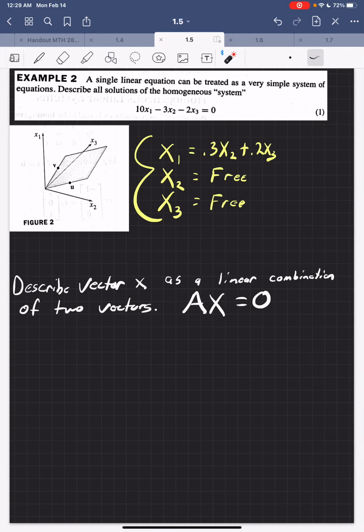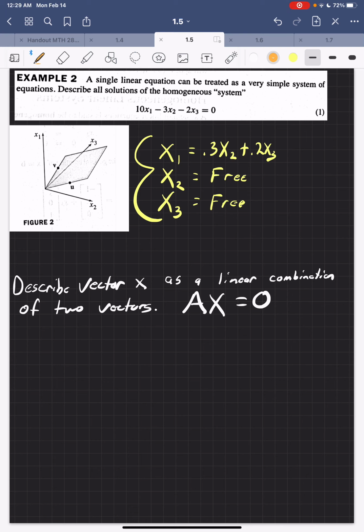So we last left off at the previous video. We had just written the general form of the solution for example 2, and this is what we have. What you notice is that we have two free variables and one basic variable. At the tail end of that video, I had asked you if